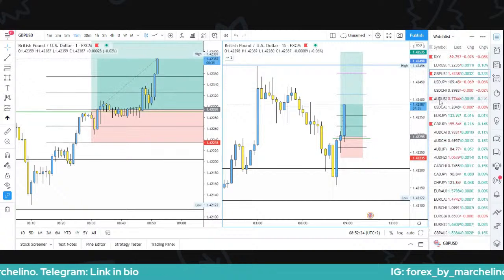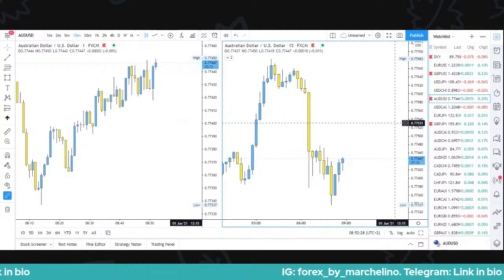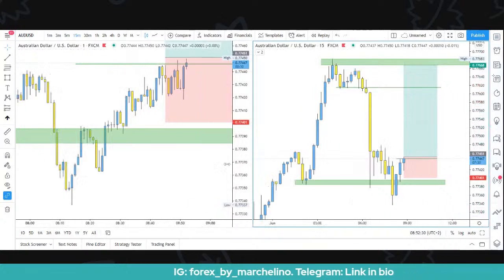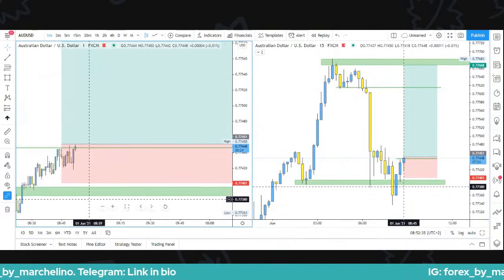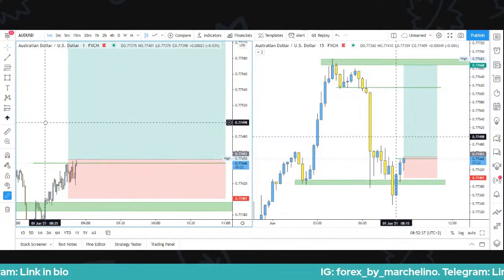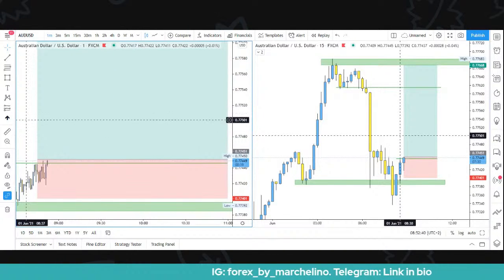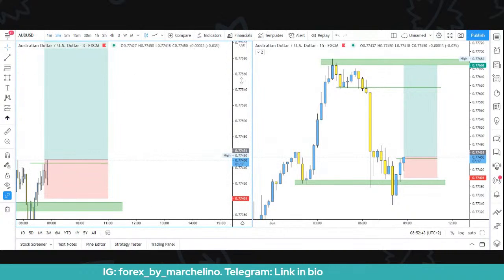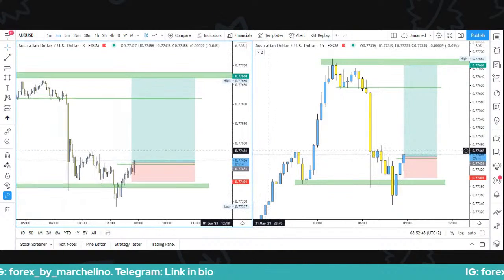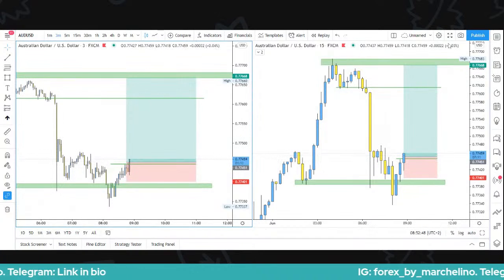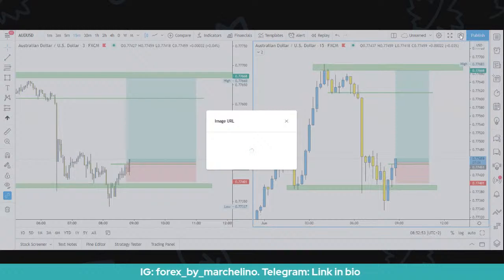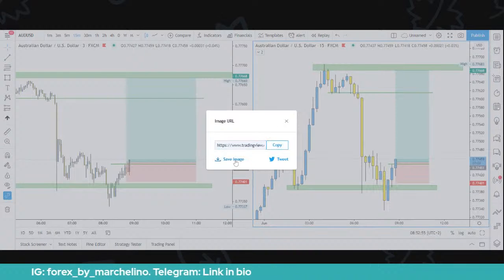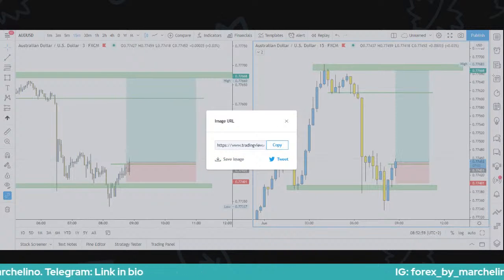Oh, AUD USD has triggered, guys. Let's screenshot this trade. Okay, clearly, I'm not going to be able to screenshot the whole thing on the 1 minute. Let me jump to the 3 minute to see if I can get it there. Okay, there we go. So this is what we're looking for. Let's save this. So we had break even on GBP USD,